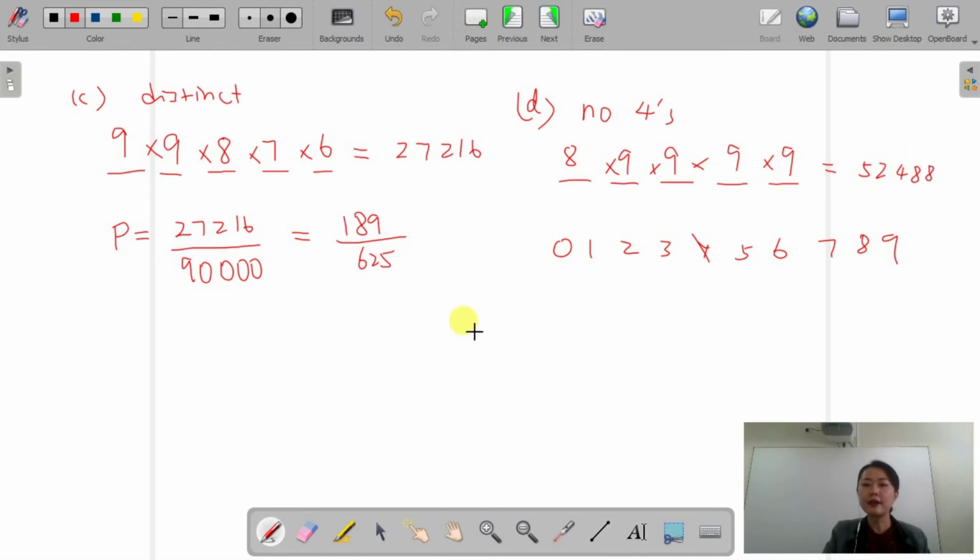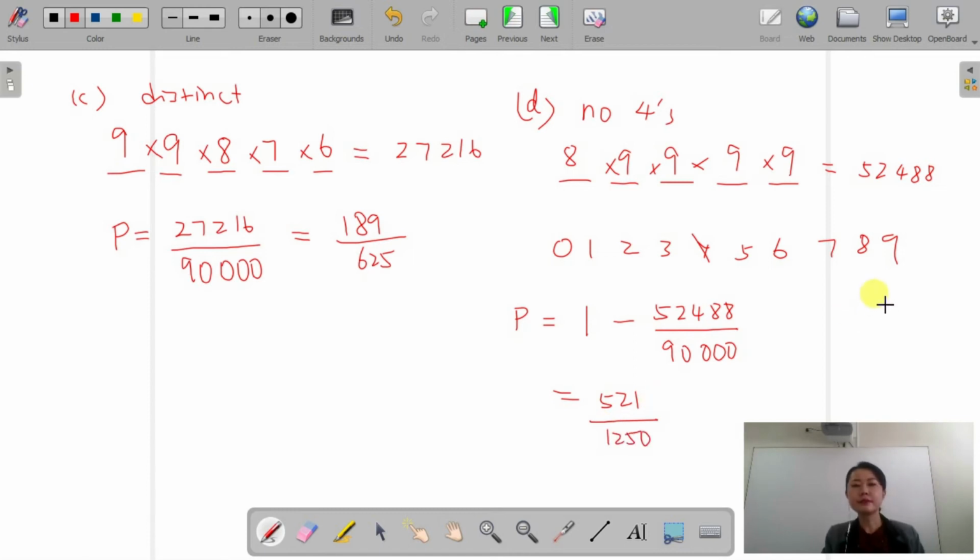52488. Alright, so the probability, because this is a complementary case, okay? So it's 1 minus the complementary case, which is 521 on 1250. Alright, so finally,